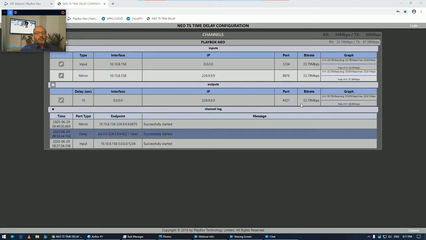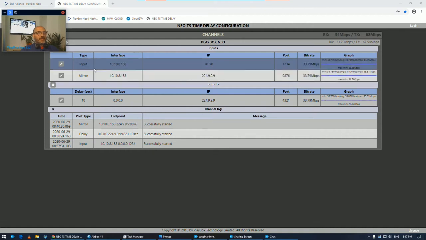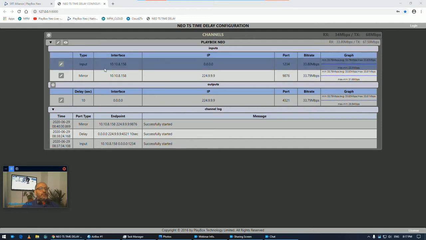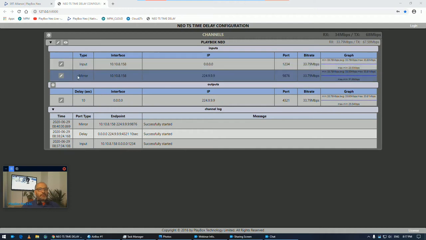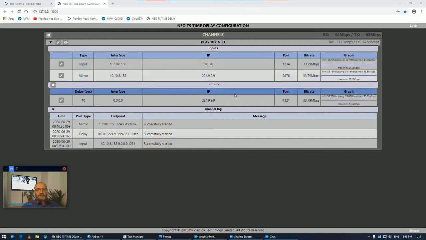As you can see, I'm right now looking at the service info page, which tells me that I have one input. Let me just remove my picture here. So I have one input, which is a signal coming from another machine. I have one mirror, which is basically like a pass-through, so I can monitor this locally on my multiviewer or something. And then I have one delayed signal. Even if I'm not logged in, I can still see this information on the page. You don't need to be able to change things, but it's very nice so I can monitor it easily